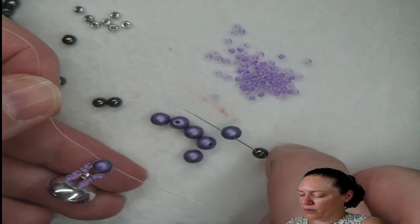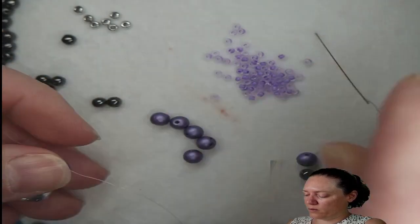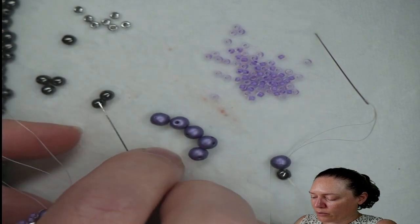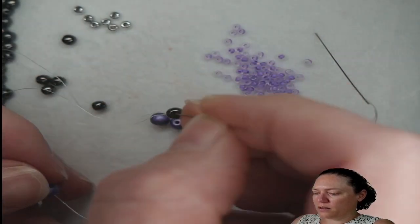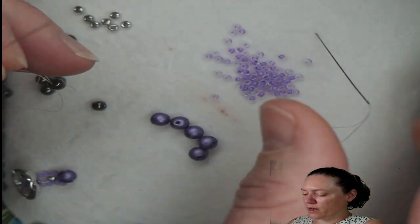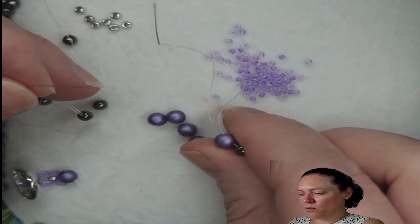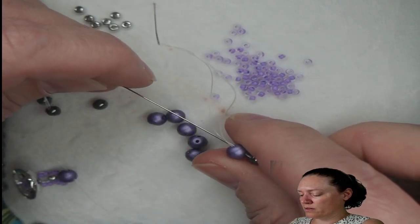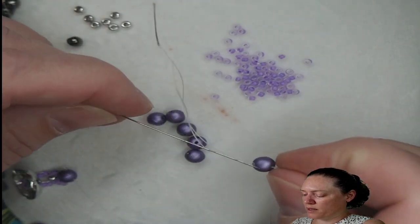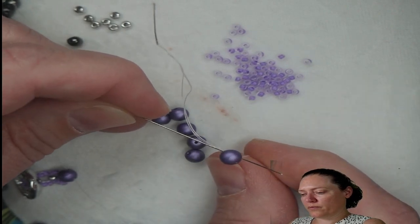a second RounDuo, and set that down on your needle a little bit. With your other needle, pick up another RounDuo Mini, and then we're going to cross through that RounDuo that we just added through the same hole, going from the left to the right. Don't go through that RounDuo Mini just yet. There you go, from the left to the right. Then